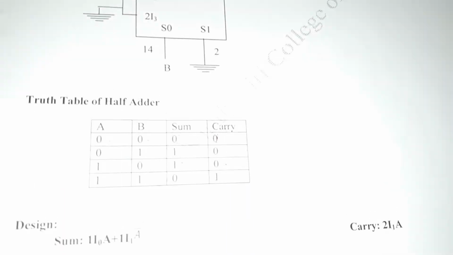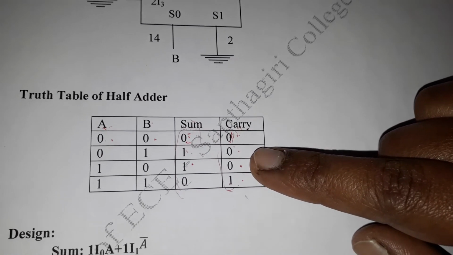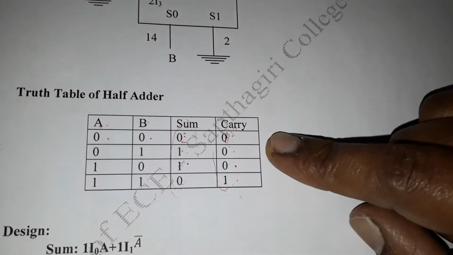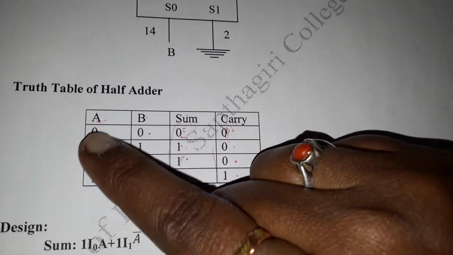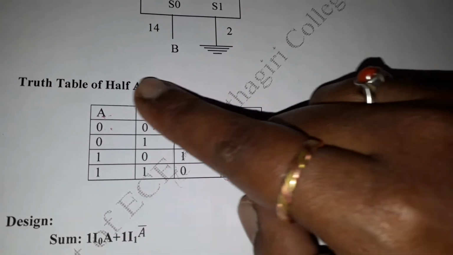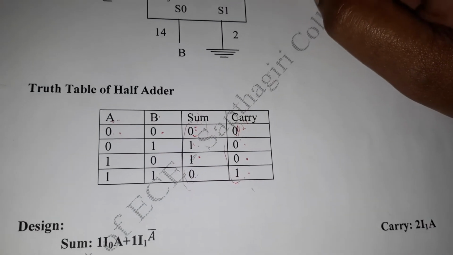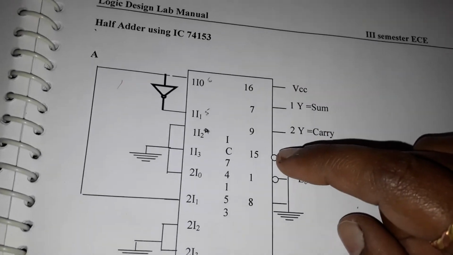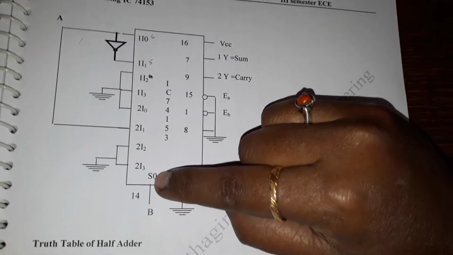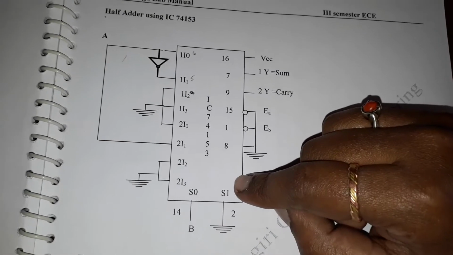Next, this is the truth table of the half adder. That means here we are going to add two bits to get the sum and carry. You guys know about this operation. Here we will consider A as one input and B as the select line. So this half adder will be implemented using mux IC 74153. A is considered as a single input and B as the select line. The other select line will be grounded because it's not necessary here since it's a half adder.